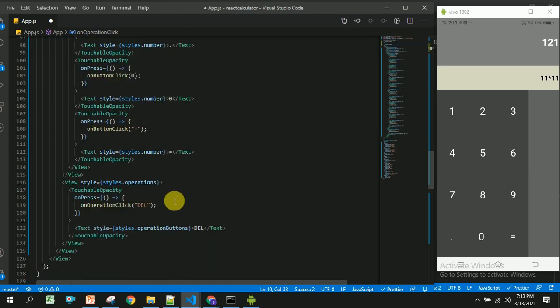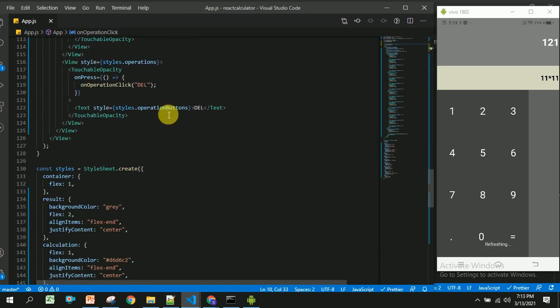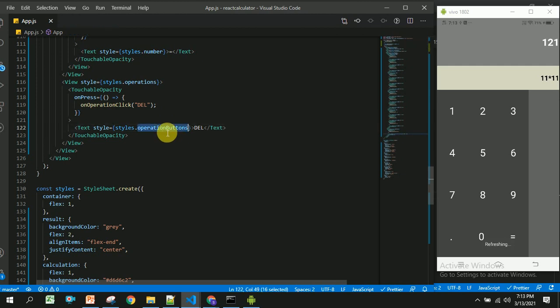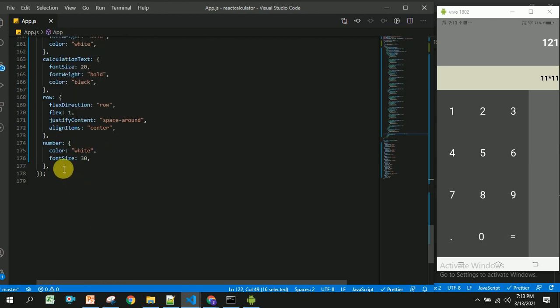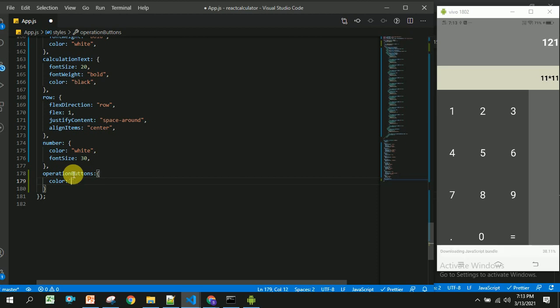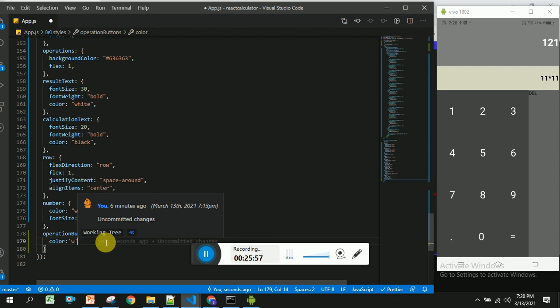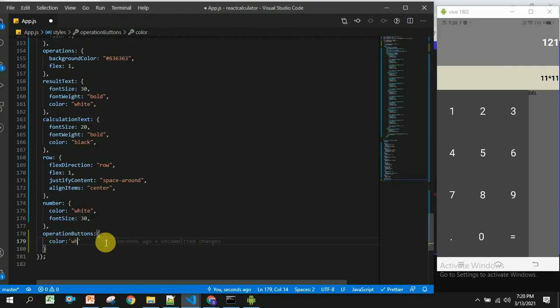And the next thing I am going to do here is to add some styles to this button. So here the color will be white, and the font size will be 30.